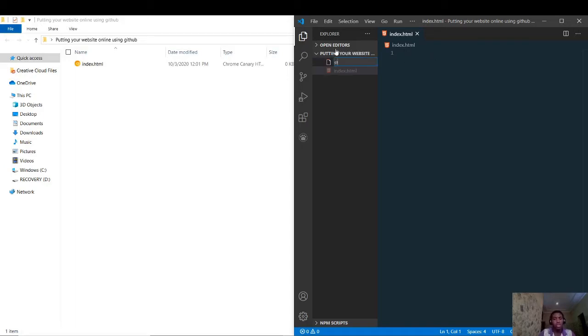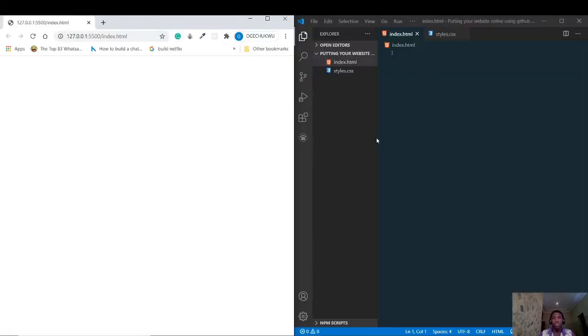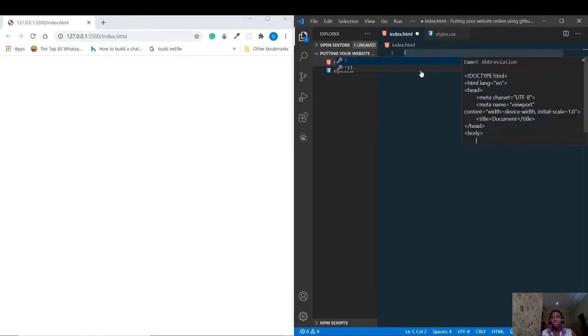So create our styles with a CSS file. I don't think we need any JavaScript, so we'll just go with that. Then we'll open our live server. And that's one good thing about Visual Studio Code. The live server is the best editor if you ask me. So we put in our